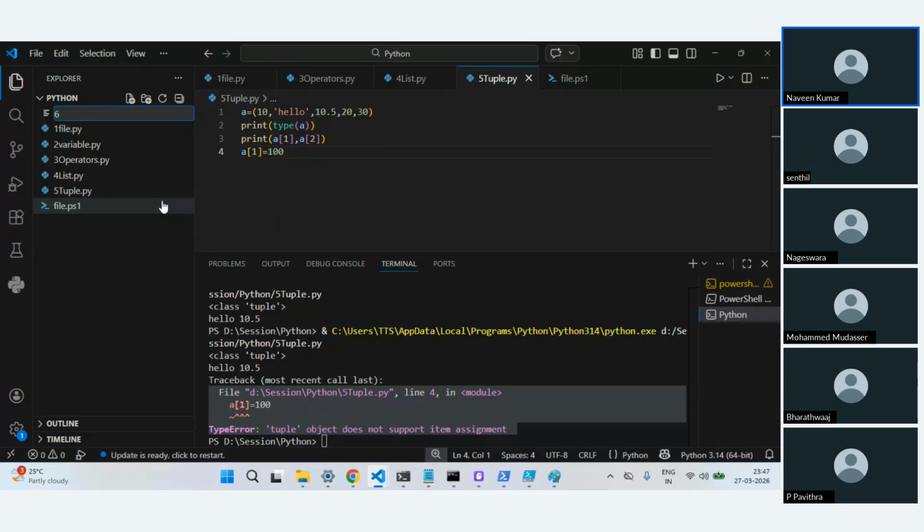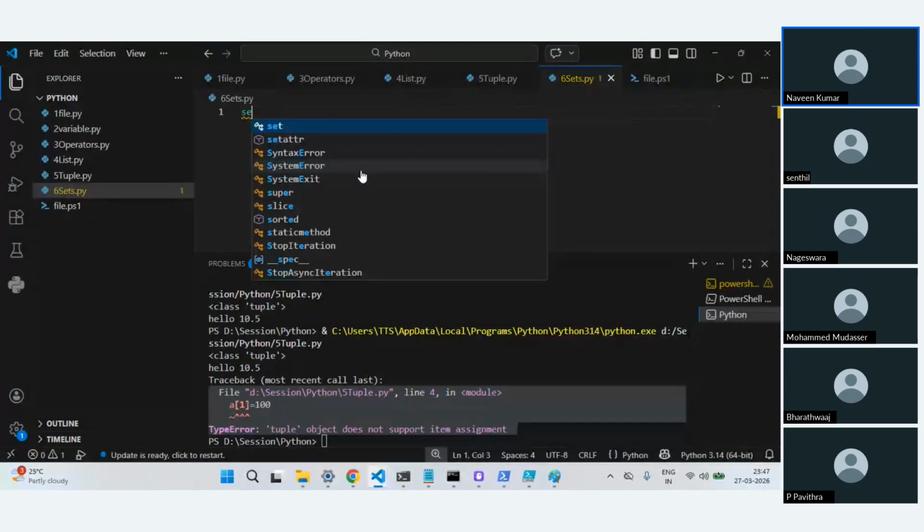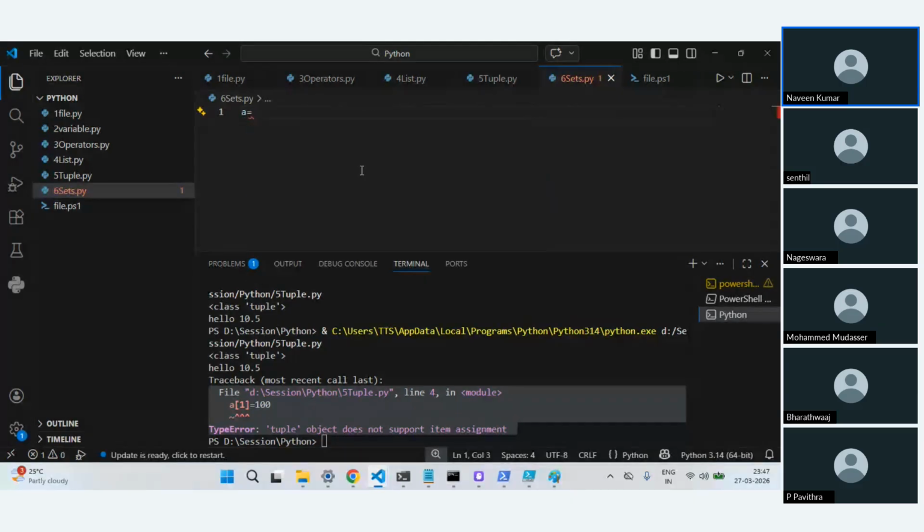We have something called sets. Let's go here. So now for sets, I'll use the same variable name.